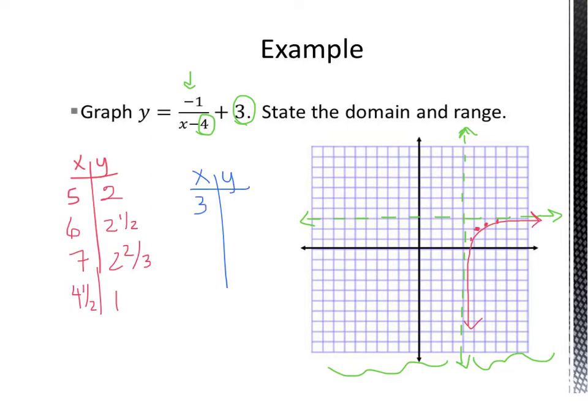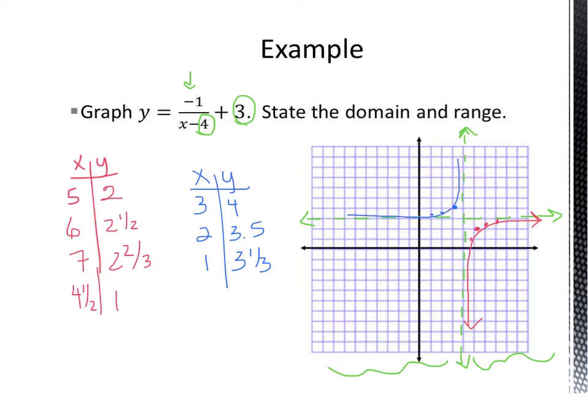And at 3, we're at 4. And we'll do 2, and at 2 we're at 3.5, and at 1 we're at 3 1/3. So at 3 we're at 4. Right, and I'm never going to get below 3, so here we're going to come in along this asymptote